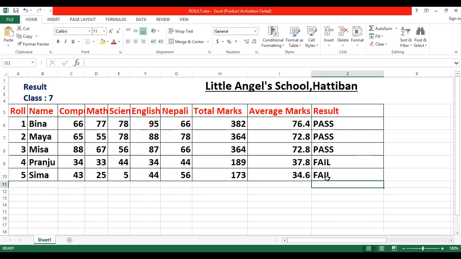So in result column, I have given the formula one by one here. But you can use the fill handle also. Here also you can use the fill handle like this. Click here, you can drag it. Yes. And again I am going to tell you, in computer you can use the fill handle to copy the formula, but in copy you have to mention the formula. In copy you have to write formula.